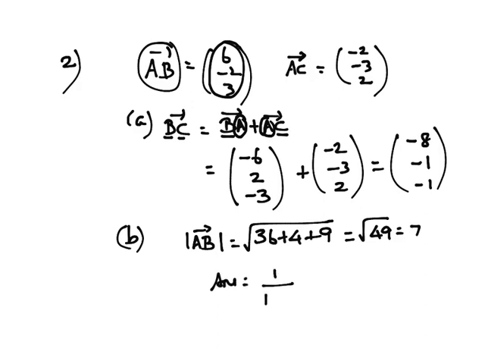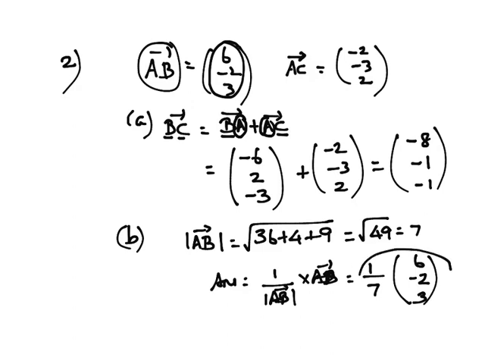1 by magnitude of AB into AB vector. So, sorry, AB. Which is equal to 1 by 7 into 6, minus 2 and 3. So this is the unit vector. That means this is the vector whose magnitude is 1 and in the direction of AB. And the final one is,